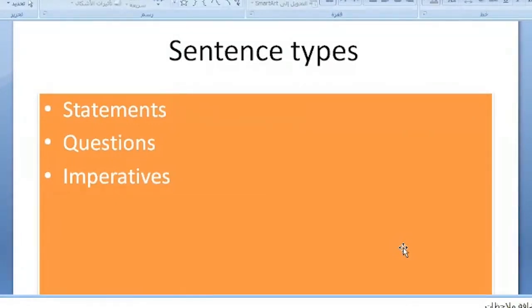When you translate, sometimes you face a question or you face an imperative. Arabic, the same. In Arabic, we also have statements, we also have questions, and also we have imperatives. And the statements in Arabic are of two types. We have nominal clauses and verbal clauses. And we have talked about them in our first lectures in word order. I should know the elements of a statement in Arabic, whether it is nominal or it is verbal.